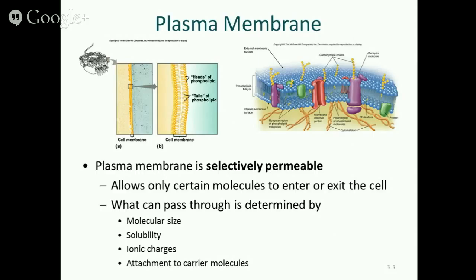Carbohydrates, those also play a role in the membrane, and they usually are little chains on the surface that help to detect things outside of the cell. They play a role in receptor activities as well. Yeah? They're little what on the surface? Chains. So you can see their chains of carbohydrates here is what they're trying to show, these little yellow things here, okay? They're small, but they do have that similar sort of shape that we saw when we looked